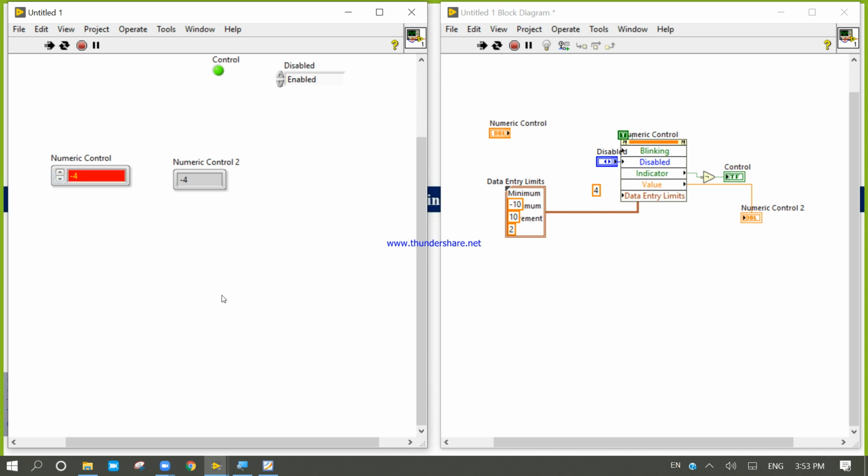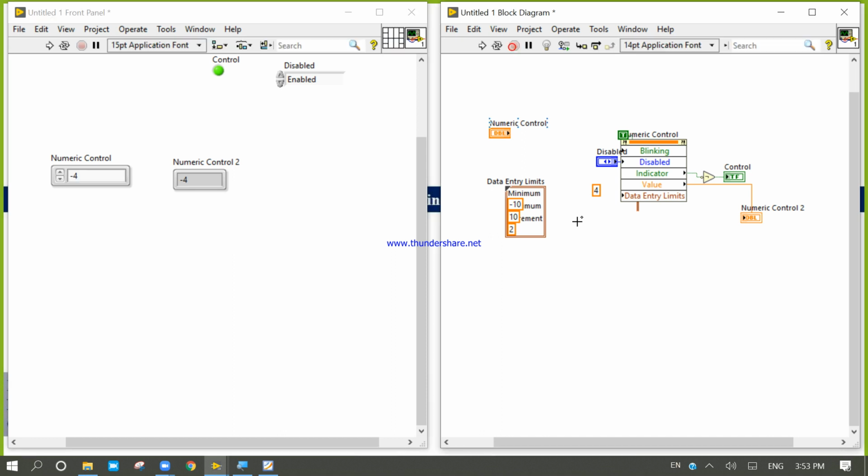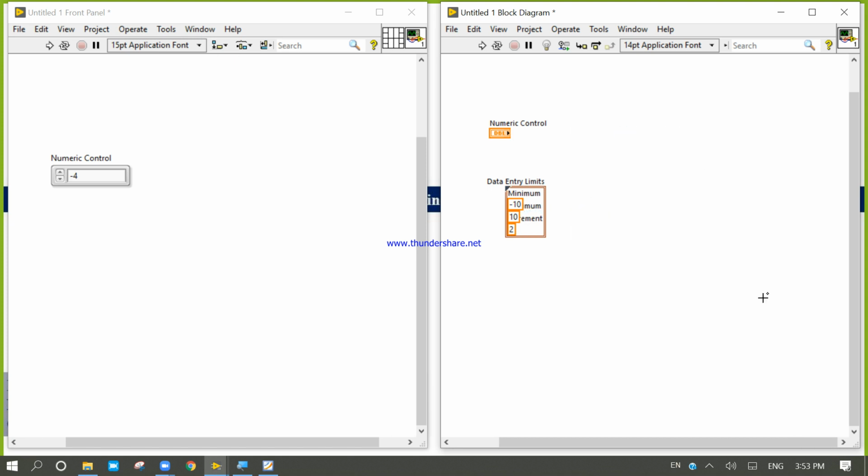How we can use it and where we will use it, we will see tomorrow. But now we will only learn about this kind of property node. So let's delete all these property nodes.